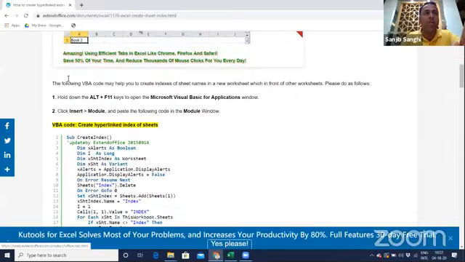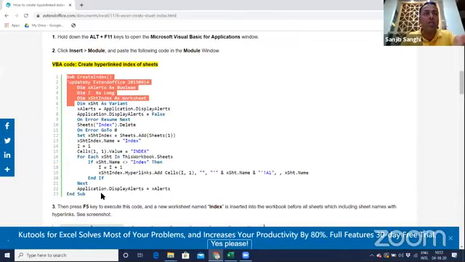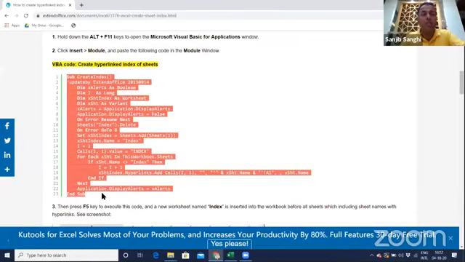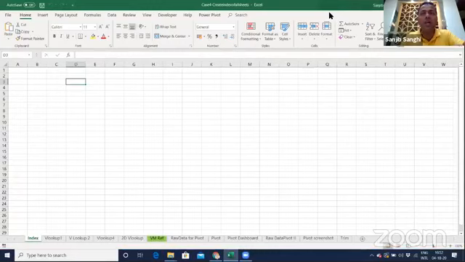and I'll copy this sub function. Okay, Control C. I'll go back to my Excel. Just make sure that you are seeing my Excel. Yes, you are. And then I will simply, now imagine wherever your cursor is, that's where the index is going to come. So place your cursor wherever you want this index to come. Let's say I want this index to come here.